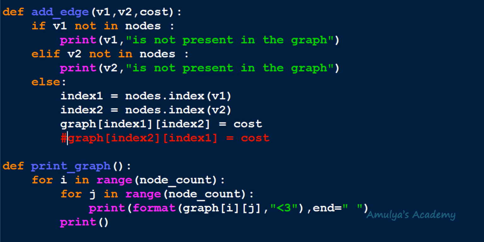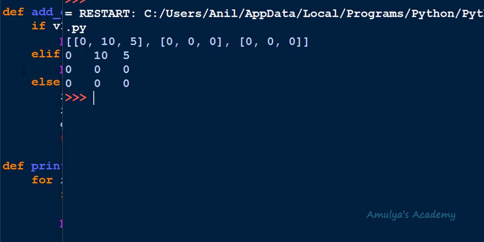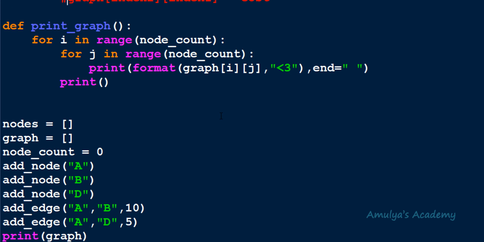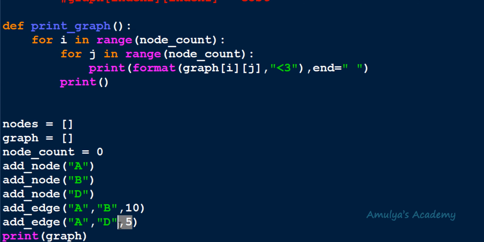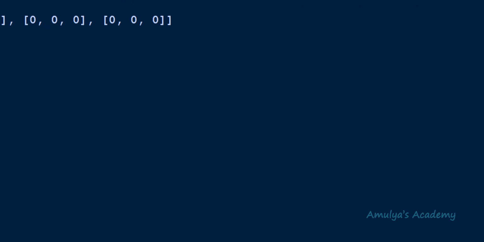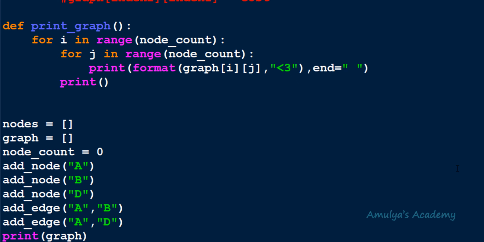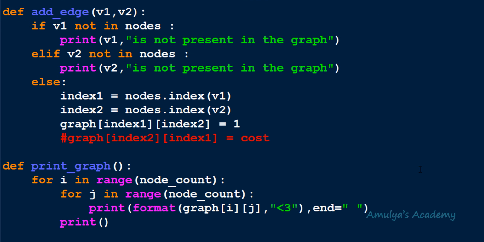That's it. Now if I execute this like this. Now if we want to modify this for unweighted directed graph, then you just need to remove cost here, and instead of cost you need to add 1, and also here no need to give cost for unweighted directed graph. Here you can see. Alright, so this is about the add edge function, how to add an edge between given two vertices in the graph using adjacency matrix representation.